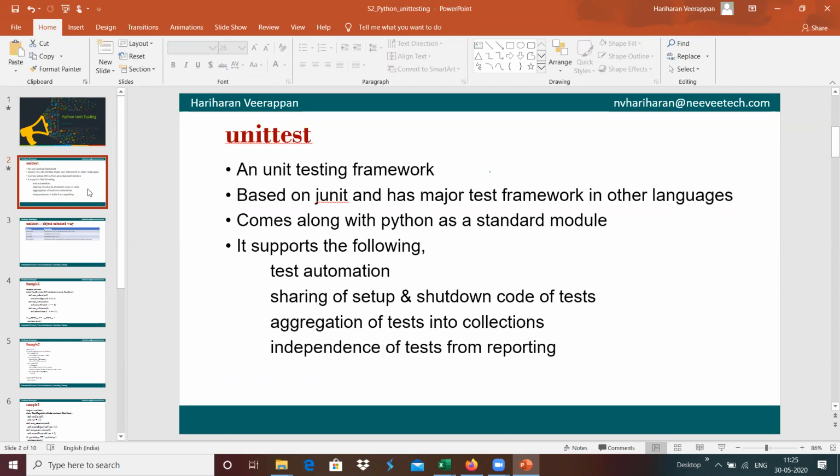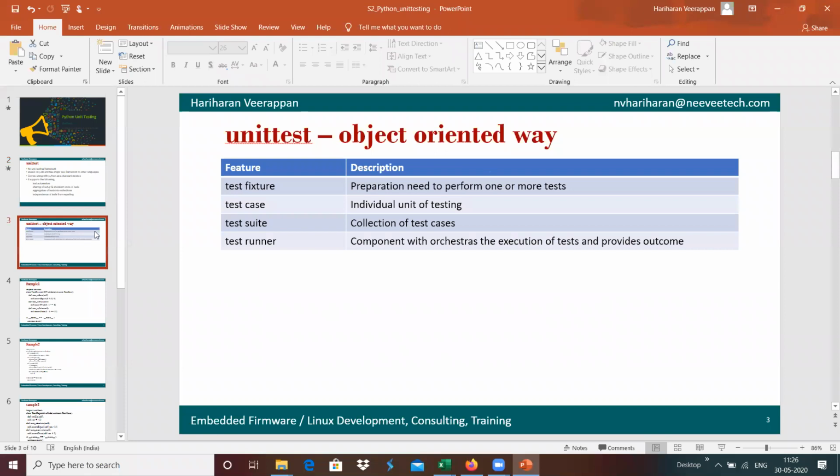It provides flexibility, in that the reporting mechanism is independent of the test cases. Here, for example, we can take unittest in an object oriented way.